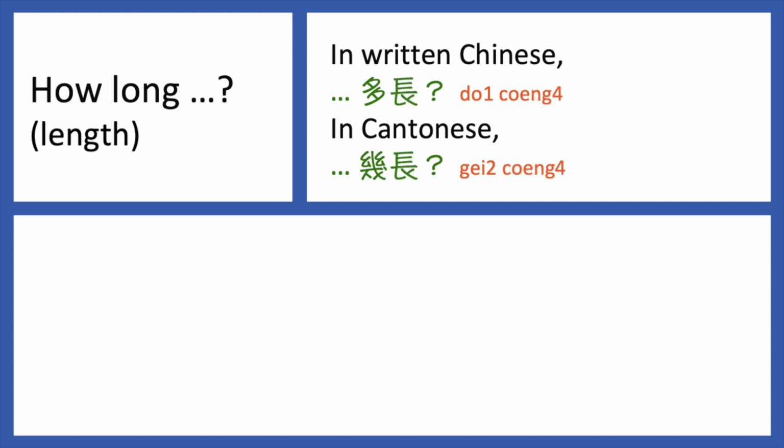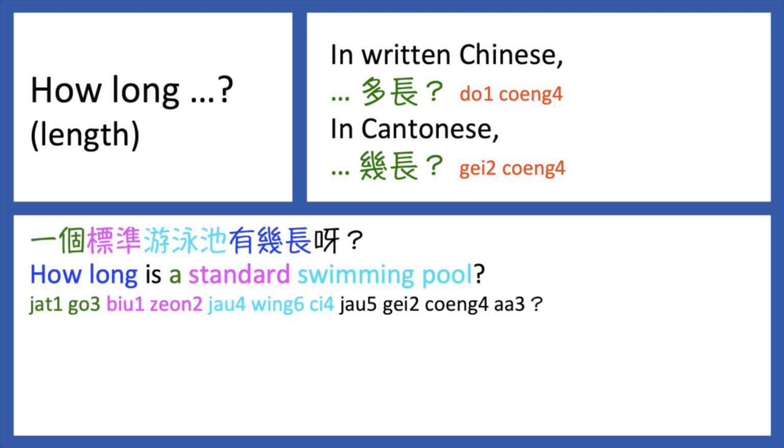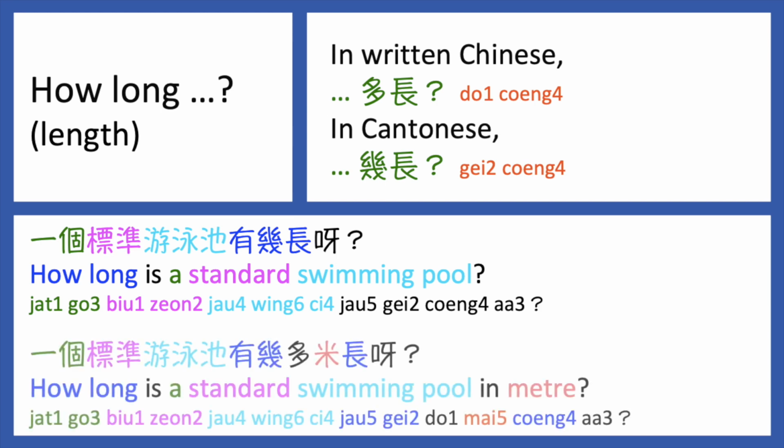How long? In written Chinese, we say 多長？ In Cantonese, we say 幾長？ For example, 一個標準游泳池有幾長啊？ If you want to specify the unit of the length, the question becomes 一個標準游泳池有幾多米長啊？